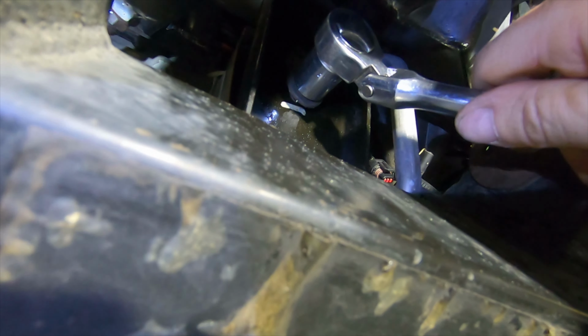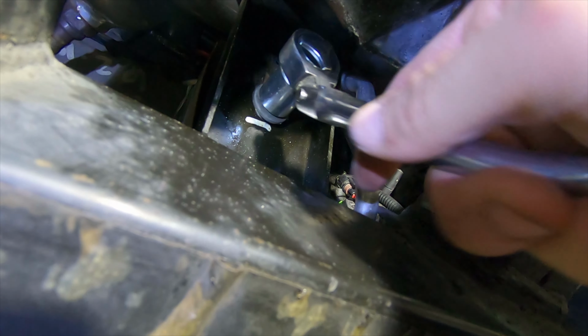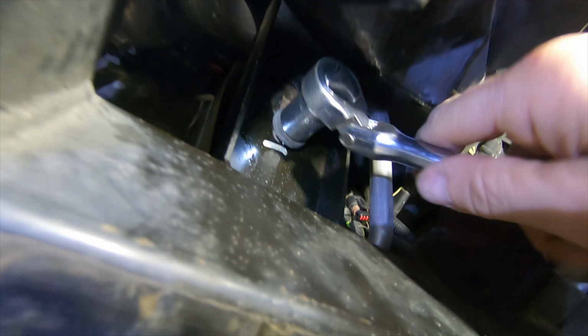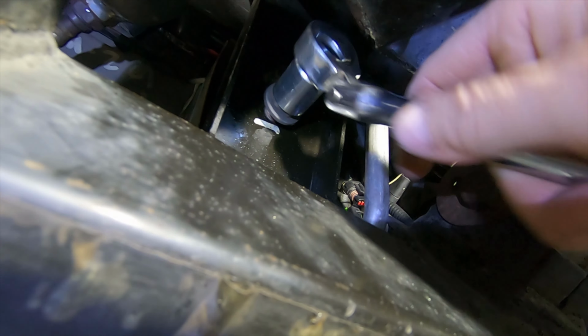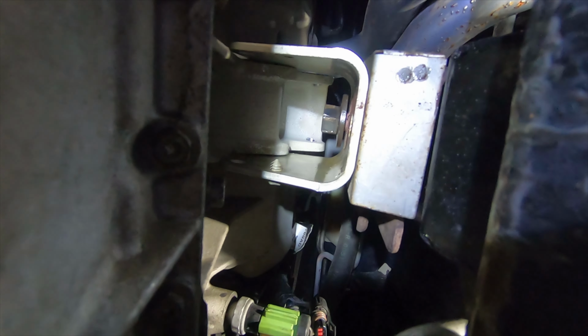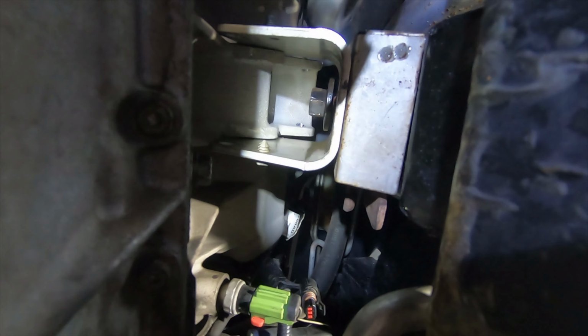Okay, fire did the trick. I got it off. As long as you're not going to burn the car down, fire is always the go-to method to get a rusted bolt off. Okay, I had to use fire on the upper nut as well because